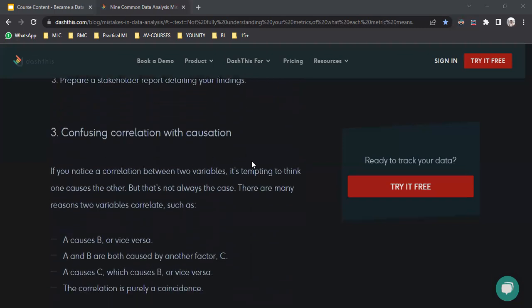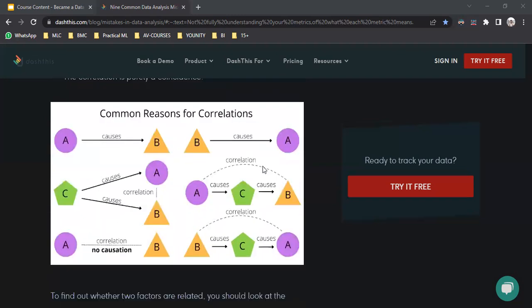The third most common mistake is confusing correlation and causation. If I give a diagram, you will be able to understand clearly why people and students make these mistakes. A and B are two events here, which help us understand what exactly correlation is and what causation is. A causes B means that if B is eliminated or deleted, A should be affected. But in correlation, it cannot be found that deleting B affects A.